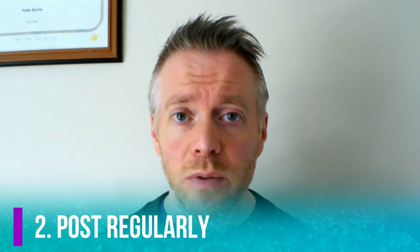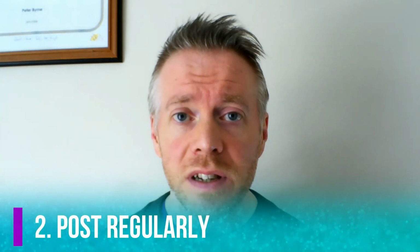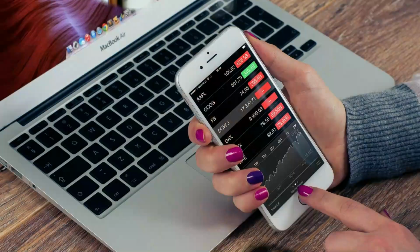The next tip here will literally be following up from the last point, will be to post regularly. So when you're creating your valuable content and your posts to help increase engagement, you want to make sure that you keep your user base engaged. And by doing that, it is ideal to post on a regular basis. Now, when I say post, it's not to go crazy and post 3, 4, 5 times a day. Even though that may be good in some cases, a lot of the times it can actually have a negative effect with regard to your followers, because sometimes that can annoy them. So you want to find a balance, maybe 1 to 2 posts a day at best,